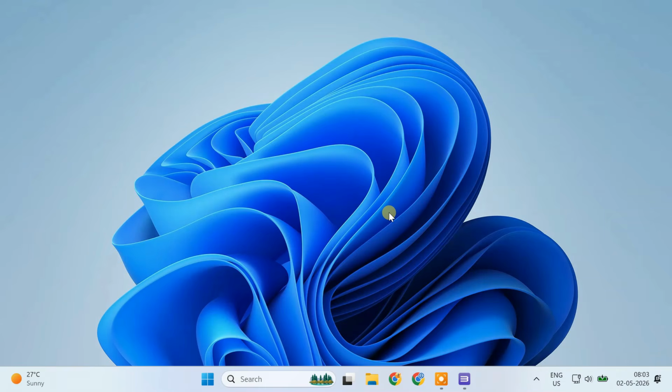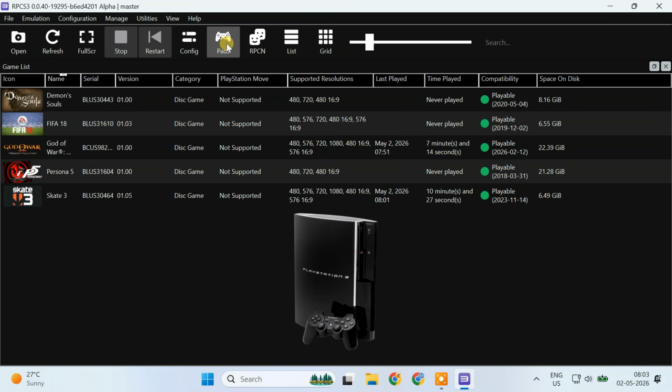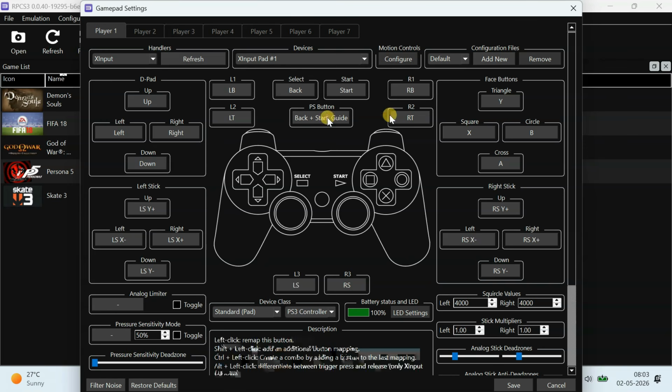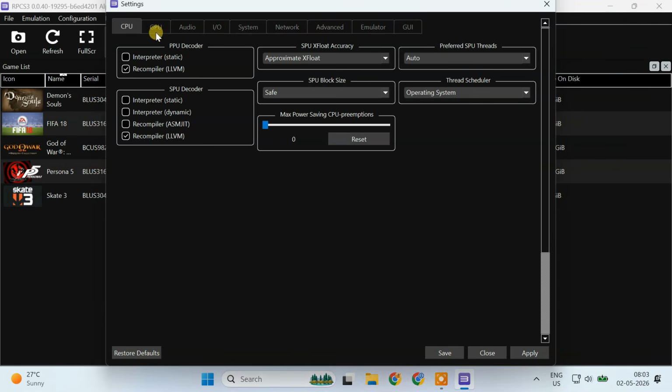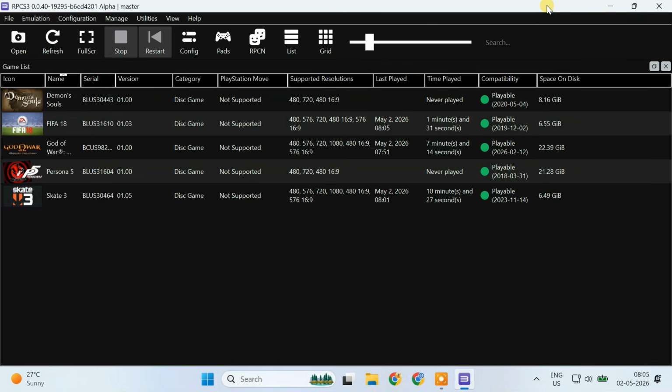Milan here. In today's video, I am going to show you how to play PlayStation 3 games on your Windows PC using the RPCS3 emulator. RPCS3 is one of the best PS3 emulators available for PC. It's a free and open source PlayStation 3 emulator, and with the right setup, you can play many PS3 games directly